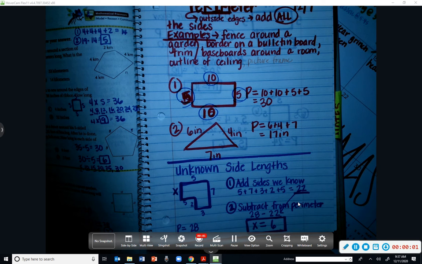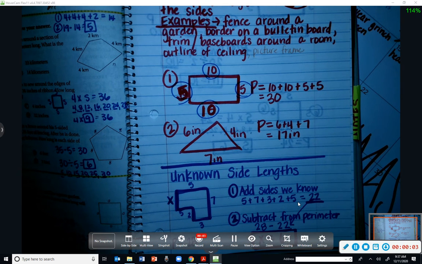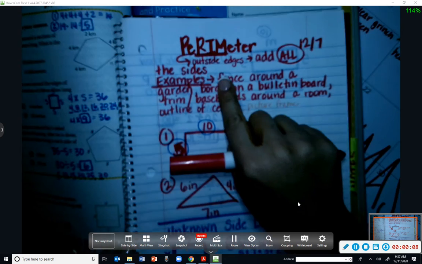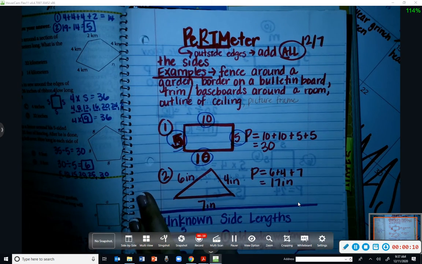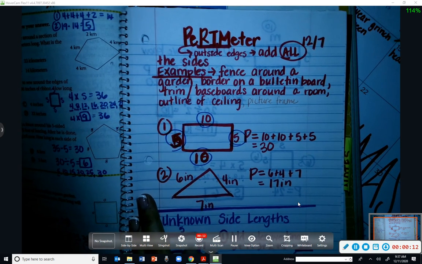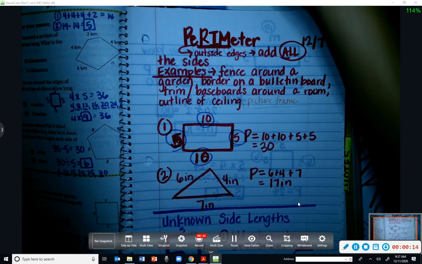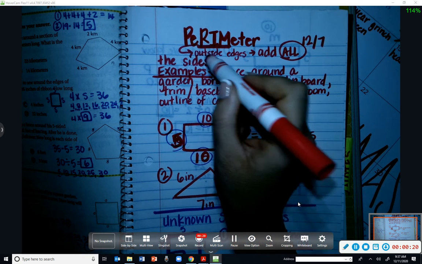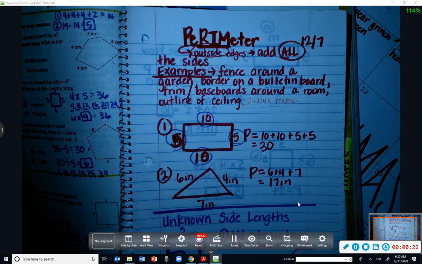Okay, class, we are going to review perimeter for today. So we've learned that perimeter means to do what? Bryson? Yes, so if we have a bunch of squares, we're going to count the ones that go around the outside, okay? What else? If they don't give us squares, we're not going to just trace it and count around the